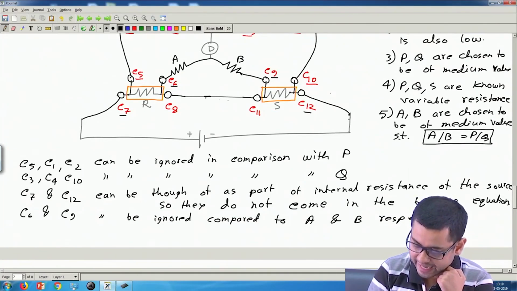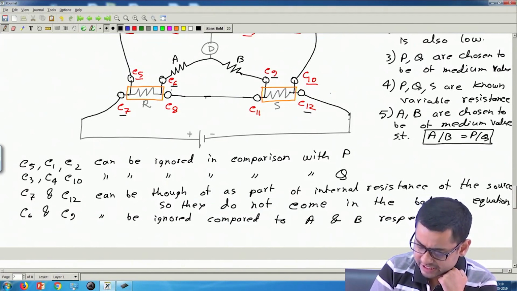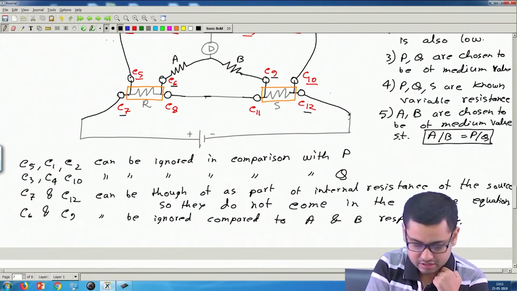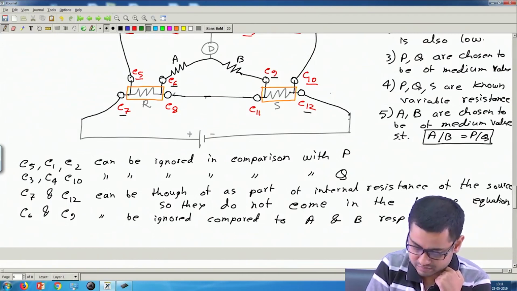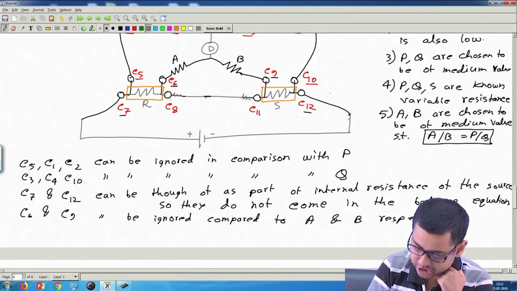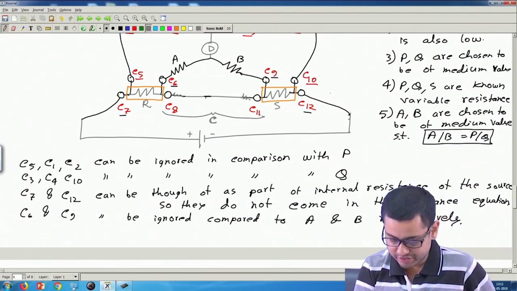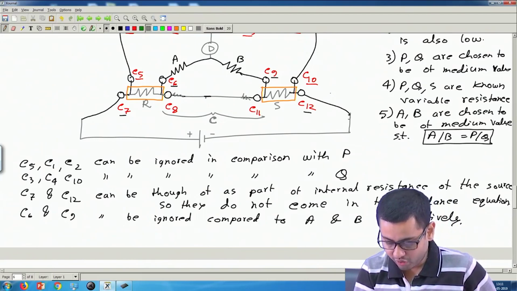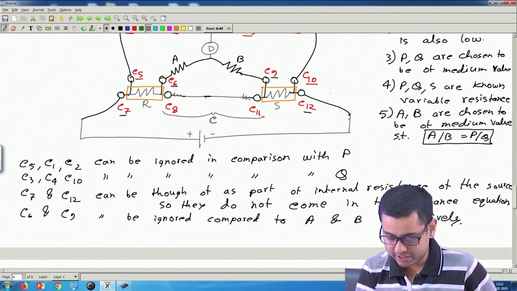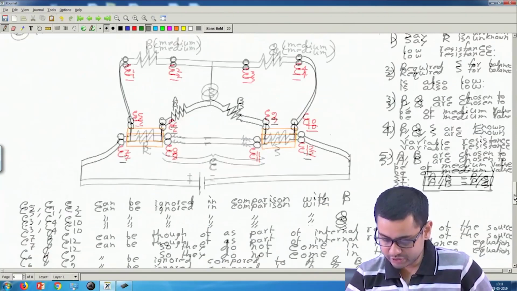So C8 and C11, they will have some resistance. Call all these resistances together as C. Okay. So C8, C11, all these contact resistances together you call one resistance, they are in series, so you can call them a common resistance C. And you see that